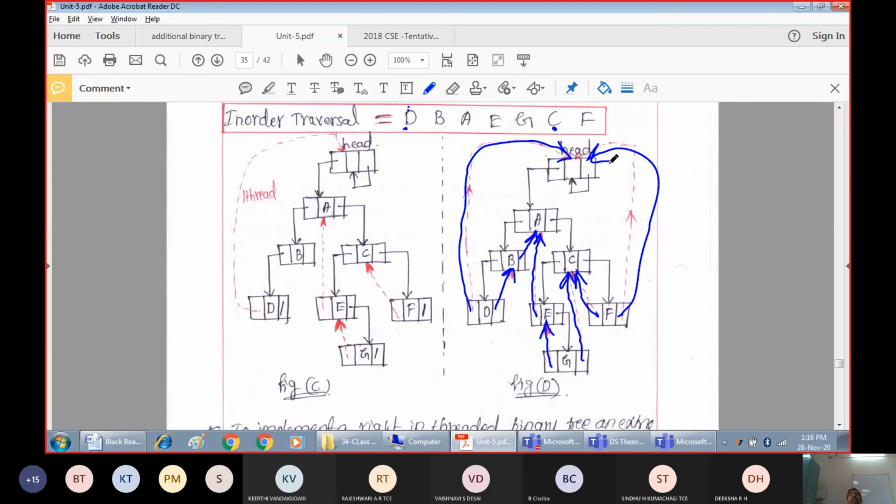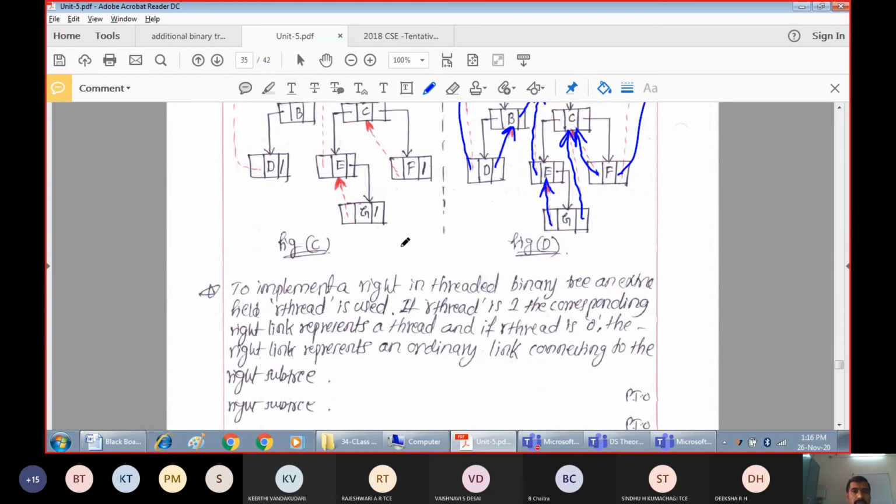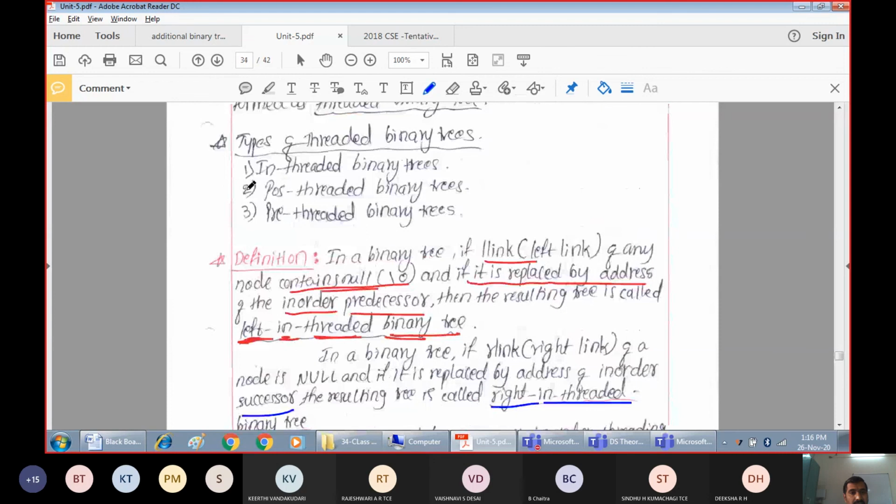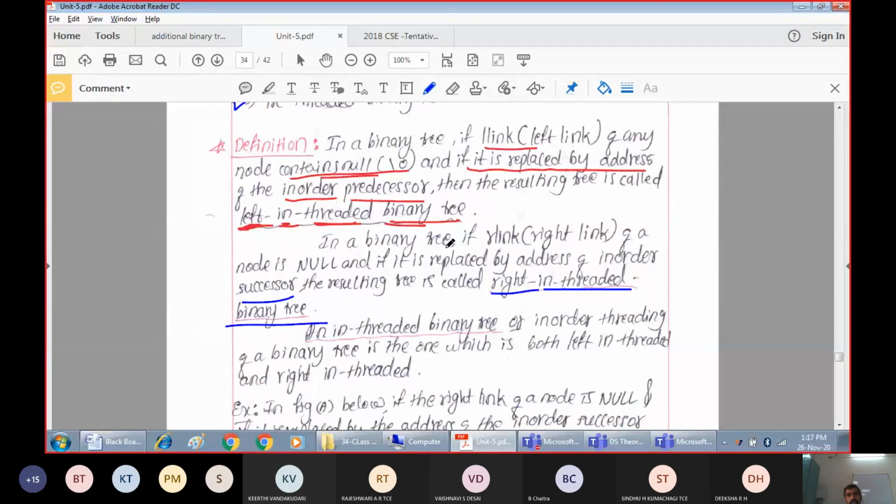Now the combination of both left in threaded and right in threaded, that is what is our in threaded binary tree. So this is the first thing we have said, threaded binary tree, and the threaded binary tree is learnt, and every concept we have studied about the in threaded binary tree now, and the whole explanation is the same for the other two also, post in threaded binary tree and pre in threaded binary tree. The only thing is the traversal is different. Here we have written in order traversal, and for the other two we will write post order traversal and pre order traversal, and the whole procedure is the same.